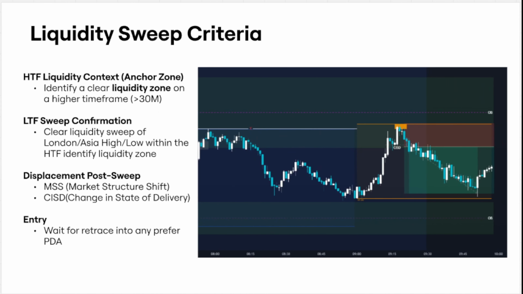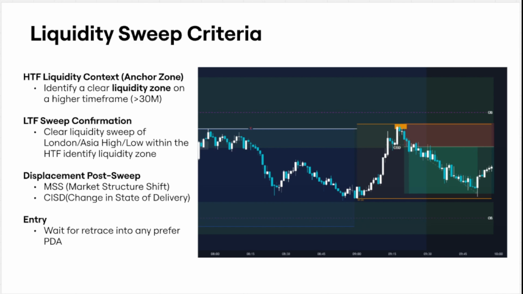So a couple things to highlight here before we jump into an example is the criteria that I look for when I'm looking for a liquidity sweep. So first, I need to find a higher liquidity time frame. Usually this is above 30 minutes. So I start with 1 hour, and then if I don't find any clear liquidity, I zoom down to 30 minutes or go up to 4 hours to find